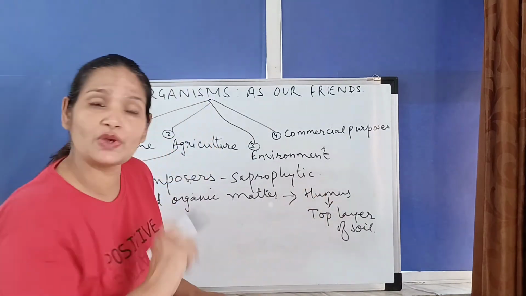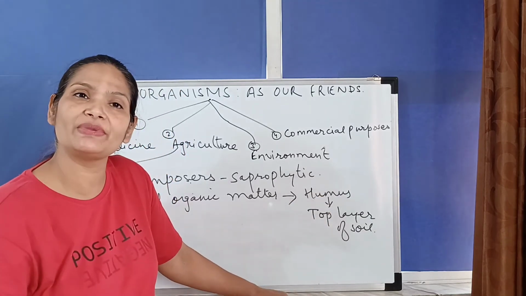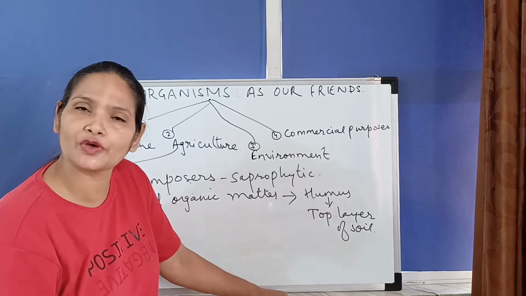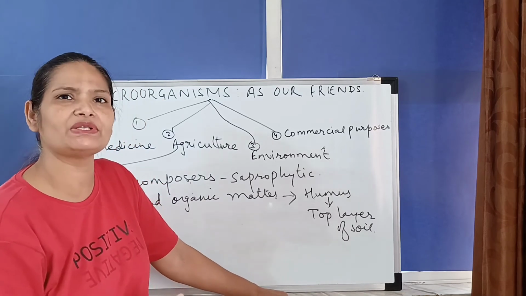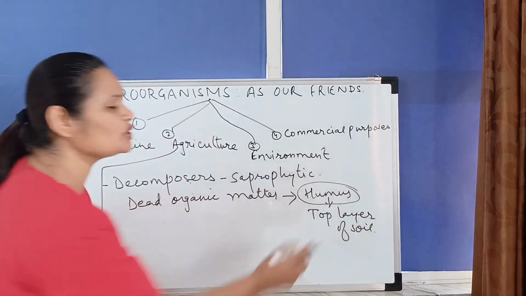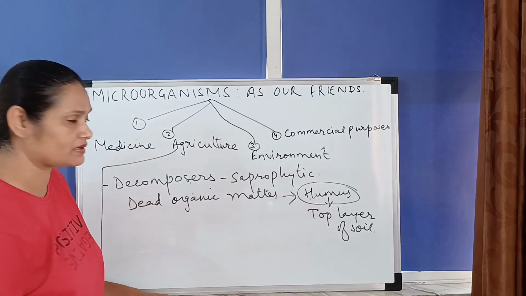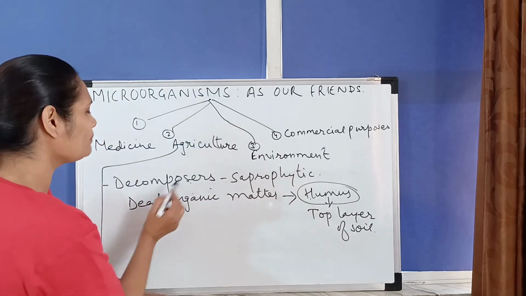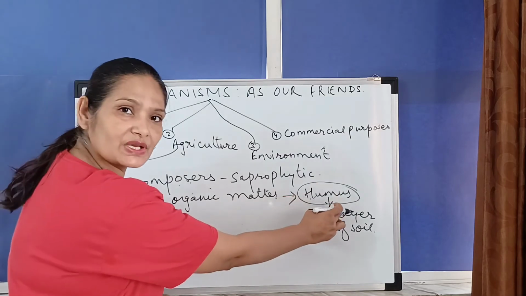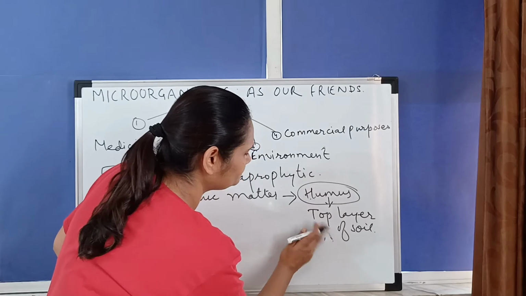Now, how does this humus help? If this humus is not there in the soil, then soil will be just sand. If the organic matter is not in the soil, soil will be just sand, and sand is not good for agriculture, or for crops. So, for giving us a good crop, we require humus. That is the top layer of the soil, right? This humus contains the organic matter. So this organic matter is made by the decomposers by converting the dead organic matter into humus. Okay. So this humus makes the soil fertile.